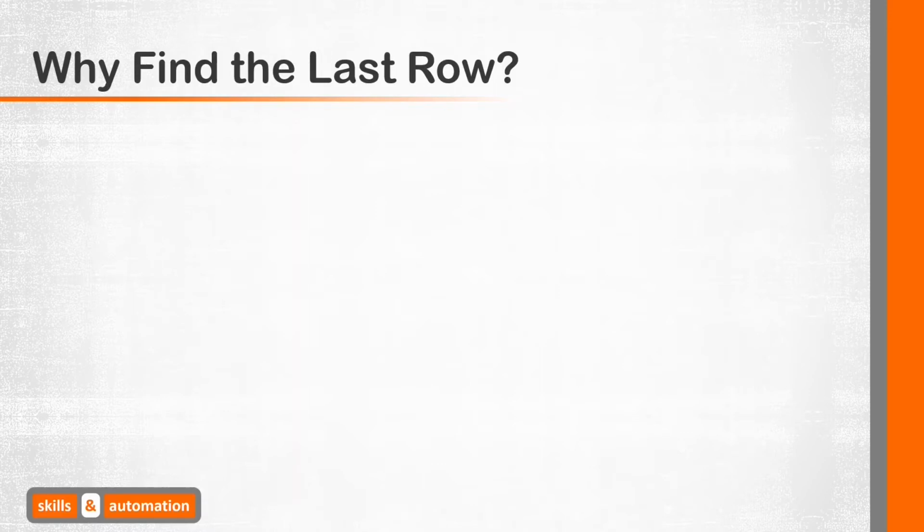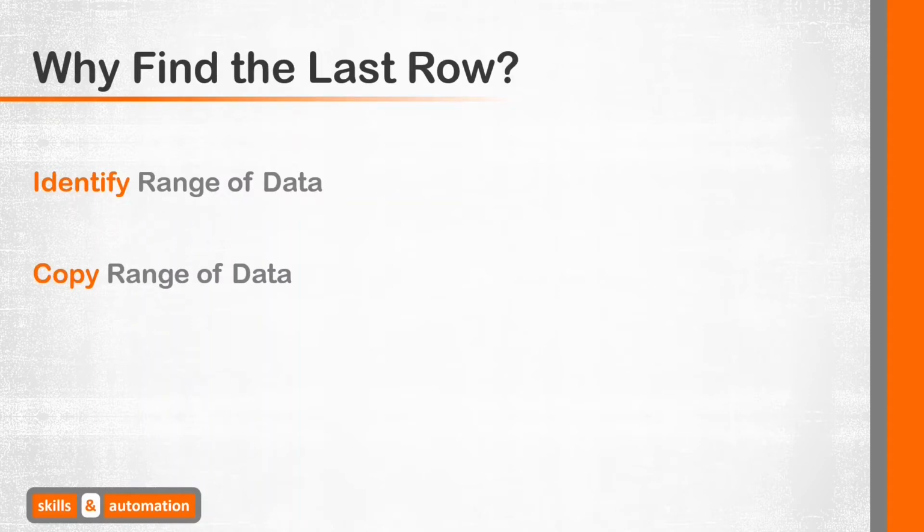So, one of the most common tasks that you would come across in VBA is finding the last used row of a data range. Three common use cases for finding the last row are: identify the full range of data that you may want to perform some task over, for example, to loop over the data, change formatting, etc. Copy and paste the range of data elsewhere. So this is a continuation of point one, but a more specific and common example would be where you want to copy the data and paste it in another worksheet or a workbook. Paste new data at the bottom of existing data. That is, we need to find the first row with unused data below our data range and paste new data in there. We'll cover each of these three examples in this video.